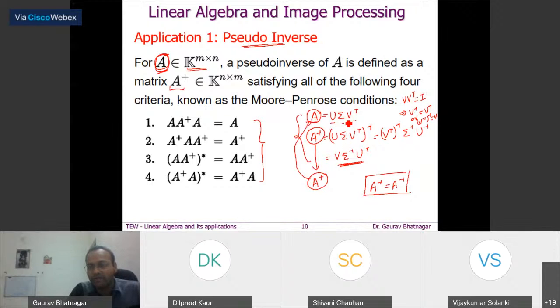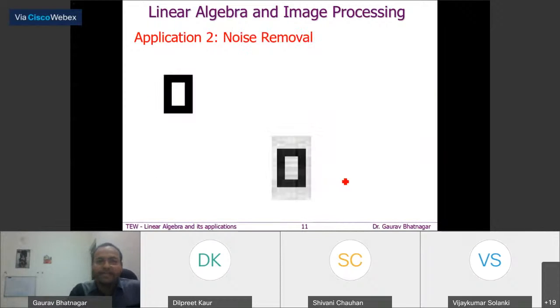you will find out U, sigma, and V. You will take V, you will take sigma inverse, and then you have to take U transpose. Multiply these three matrices, you are going to get the pseudo inverse. So this is going to be the foremost or the simplest application of SVD. Now let us go for the second